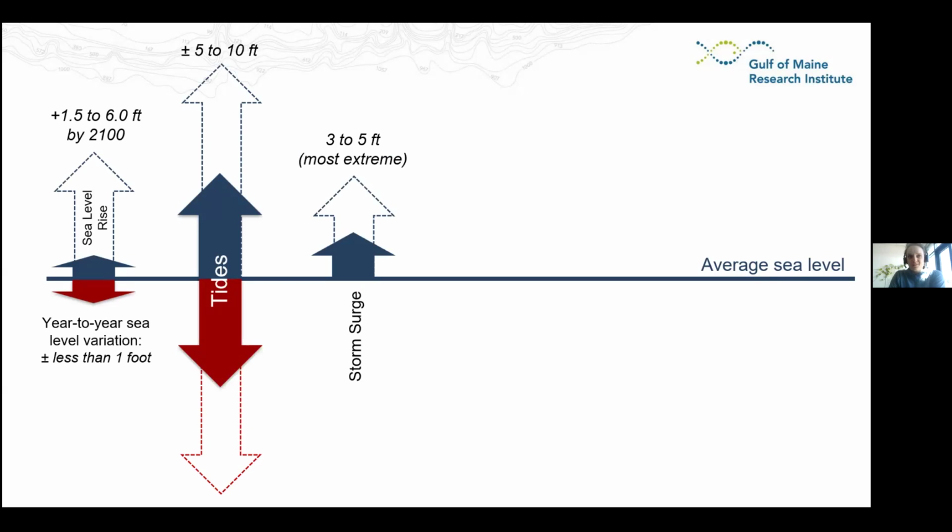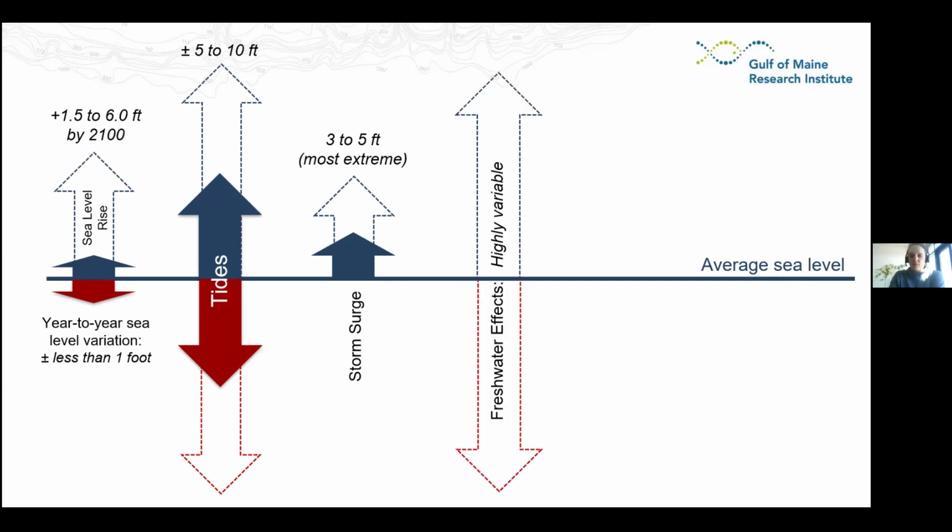What's important to note here is that tides are relatively big relative to storm surge in the region, again, because we're mostly being impacted by extratropicals. And then depending on where you are, if you're up in a tidal river, which we have many of in Maine, you might have freshwater effects, or if you're on an exposed section of the shoreline, wave run-up effects can contribute to flooding.